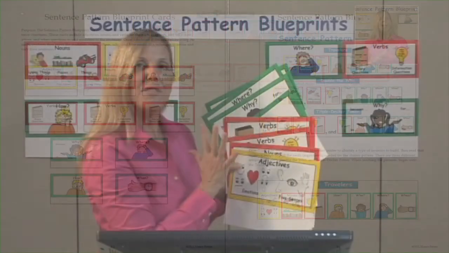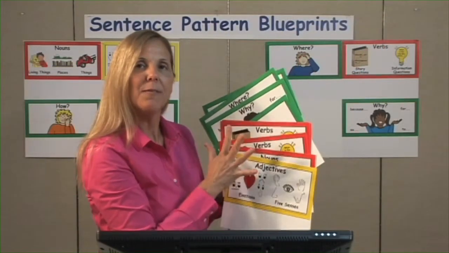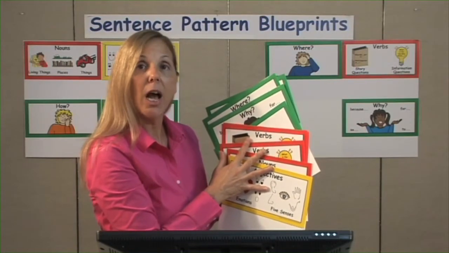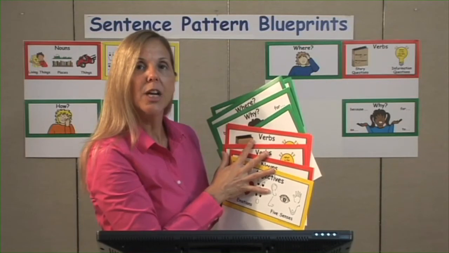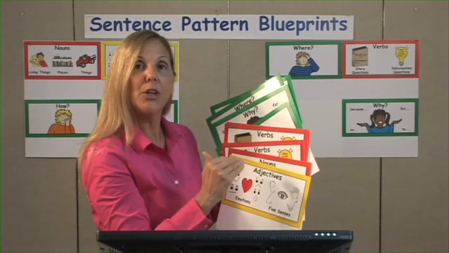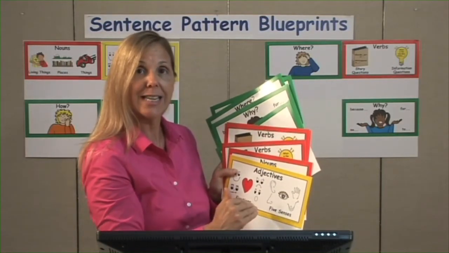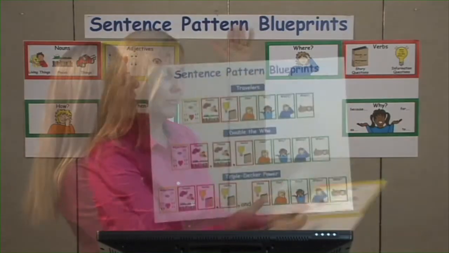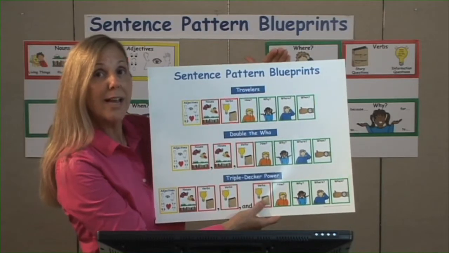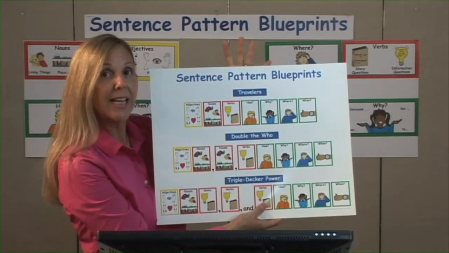Let's read our sentence. During warm weather, deep in the tropics, adult butterflies flutter to fragrant flowers, unfurl their tubular tongues, and feed on sweet nectar. We've taken these color-coded cards, filled them in so that you could make high-quality, sophisticated sentences using our sentence pattern blueprints. We created travelers, double the who, and triple-decker sentences. Those sentences using these cards and the sentence pattern blueprints, which are recipes to create those high quality sentences,